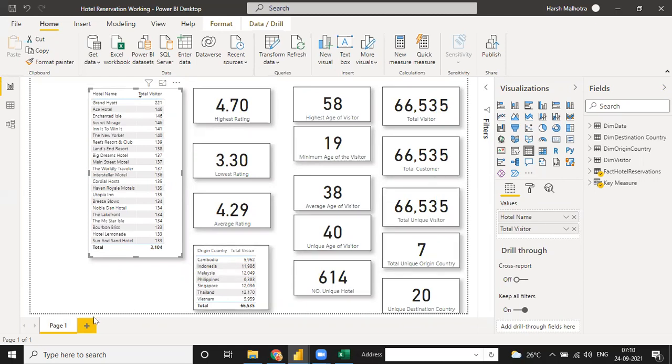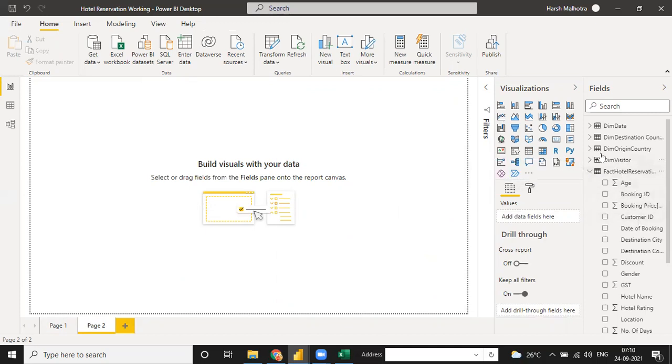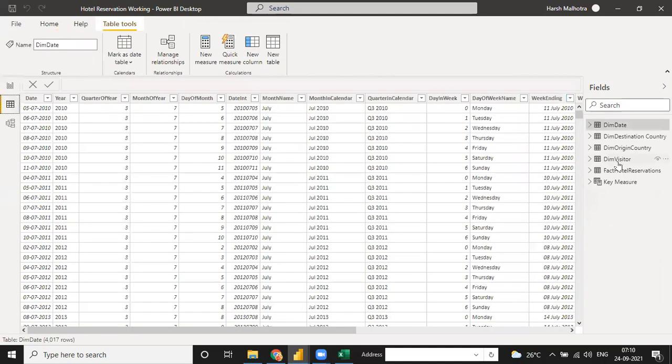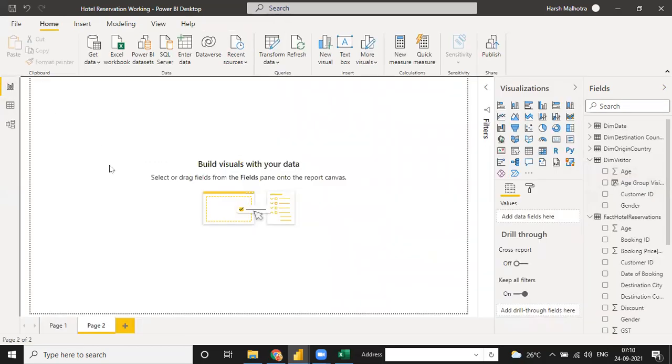So our next thing is to see in our data. In our data we have a total number of gender. When you see the visitor, the gender. In the data column we have gender, male and female. So we need a count of female and male in a separate chart or separate column. So how to do it? We need a count of each separately.